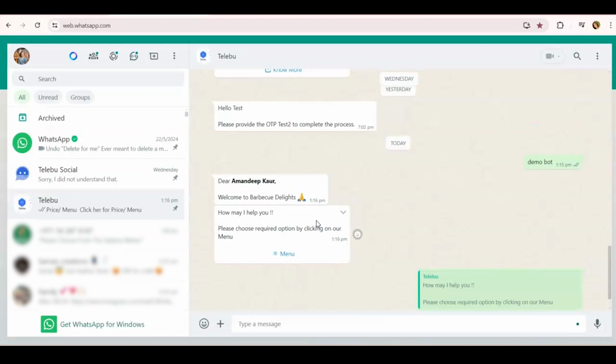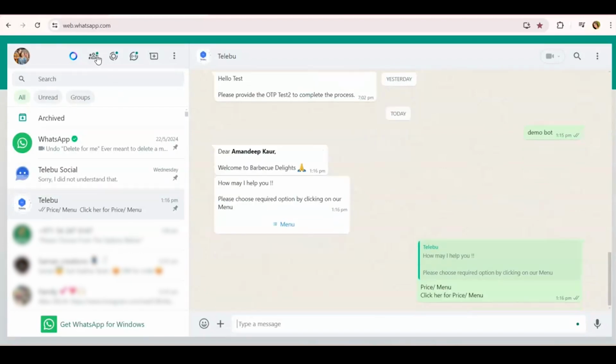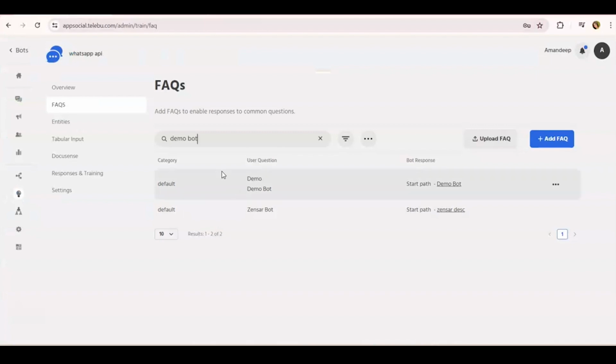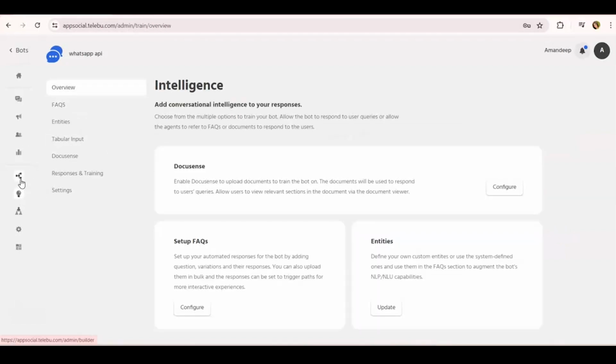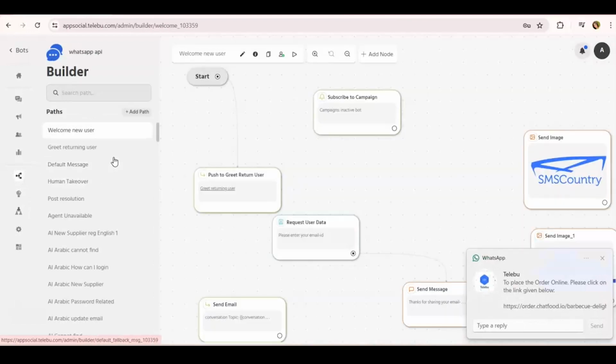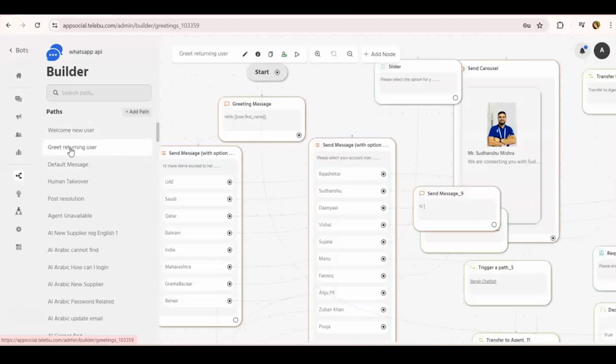Now you're okay with everything on the bot. Now what you have to do is set this as a primary, so that if someone writes hi on the number, this part should work. For that, you can go to the builder section. There is a default node called greet returning user. This is the starting path of everything.